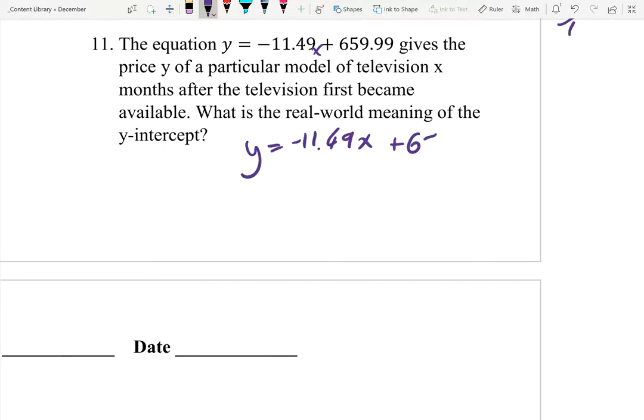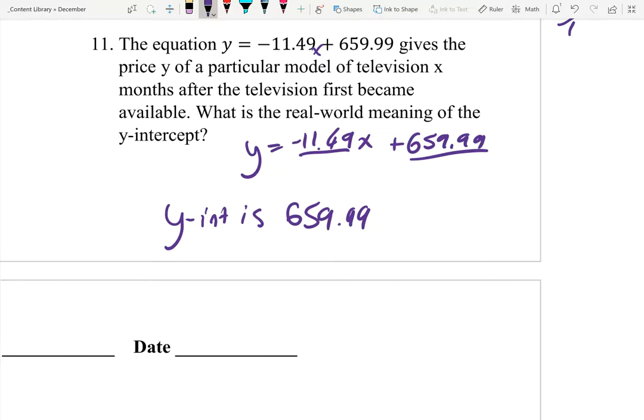-11.49x plus 659.99. This is our y-intercept. This is our b, right? Because it's mx plus b. So the -11.49 is the m, is our slope, and the 659.99 is our b value, which is our y-intercept value. So the y-intercept is